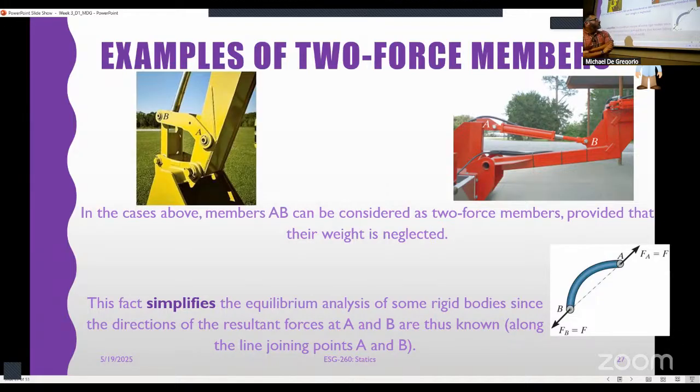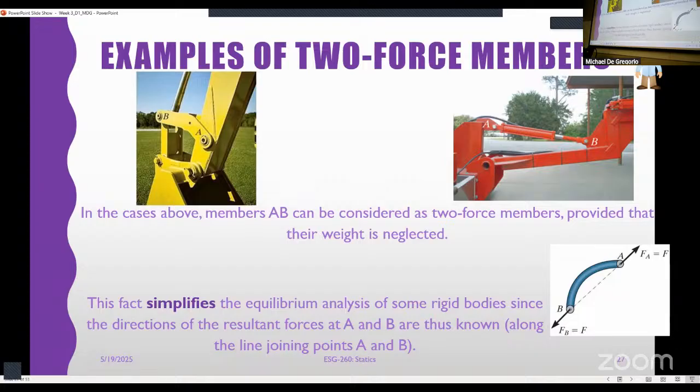I don't know exactly what the rest of this looks like, but this looks like a digger, right? And so I would assume that the rest of the arm of that digger and the basket far outweighs this linkage from A to B, right? I would think that's a safe assumption there. But we want to know, in many cases, how is force transmitted through this? How much force is that carrying? Did we overload it? Is it going to bend? Is it going to break?